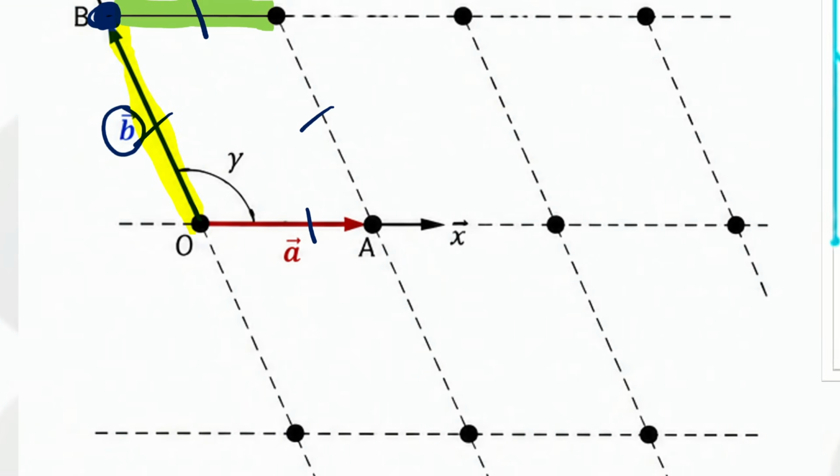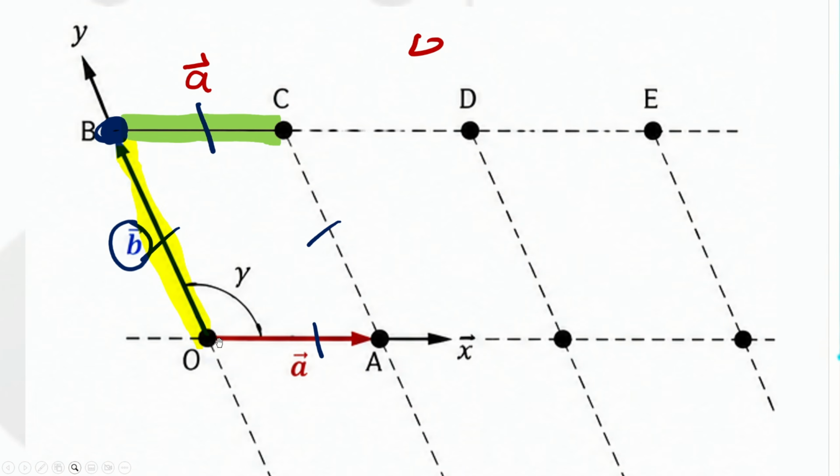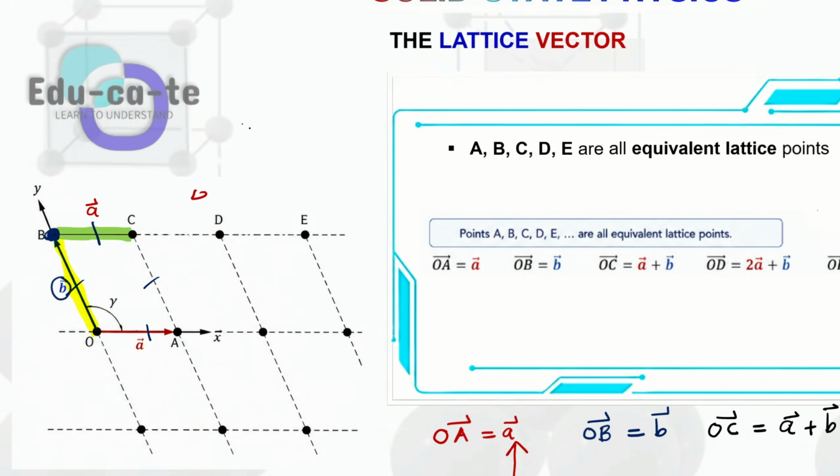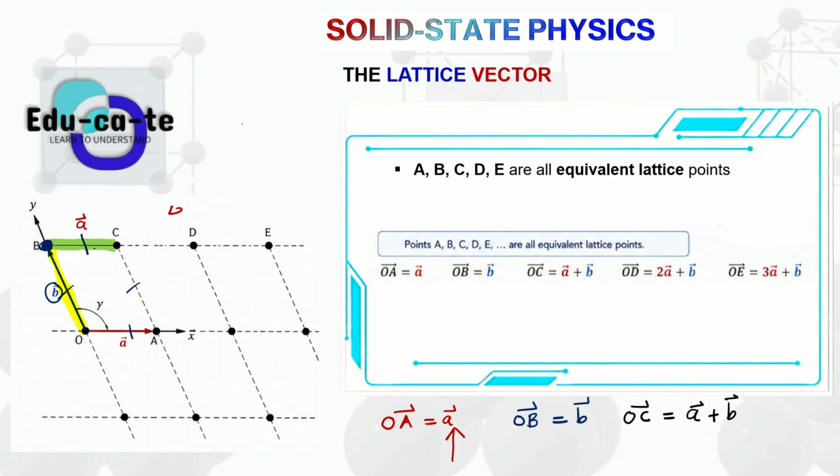But here the point is, for me to move from point O to point B, I had to move this small letter b vector, this blue vector. And for me to move from point B to point C, I had to move this A vector, because this side is the same as that side, is A vector. This A vector is the vector that I was supposed to move. So now I can say that my displacement from O to C is A plus B.